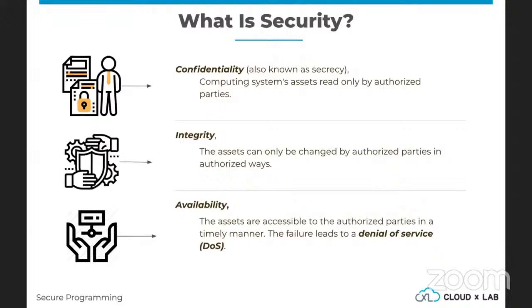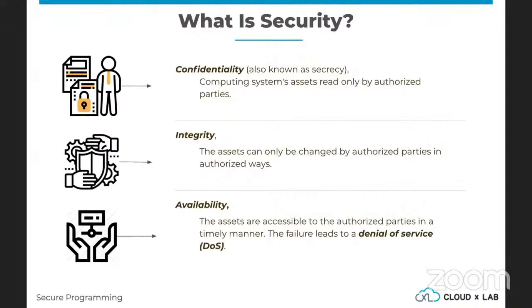That's what confidentiality is. A computer system should ensure that we have these three kinds of security in place. The first one is confidentiality, or secrecy. The second one is integrity.